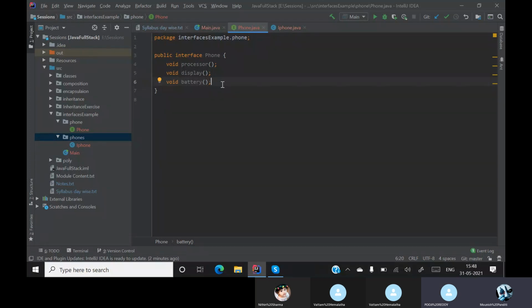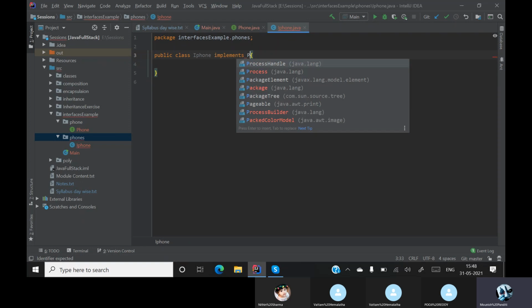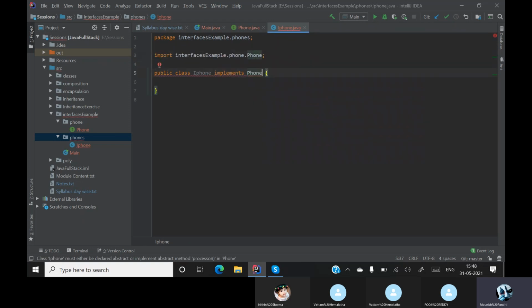So in the interface, we write some methods which should definitely be there. You take any phone, these methods must definitely be there. Those kind of things we write in an interface. And the processor varies from phone to phone. So when I say iPhone basically implements our phone, when I'm writing about interfaces, I should use the keyword implements, not extends.